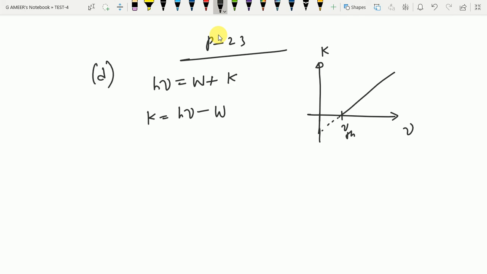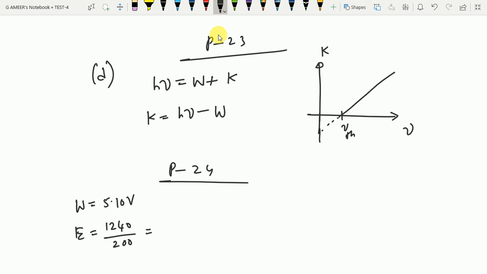It's a direct question. Next we will discuss question 24: the potential difference that must be applied to stop the photoelectrons from a nickel surface having a given work function when light is falling. Again a direct question: the work function is given in the problem as 5.01 volt, and the incident energy is hc by lambda. The wavelength is given in nanometers, so 1240 divided by 200 nanometers.